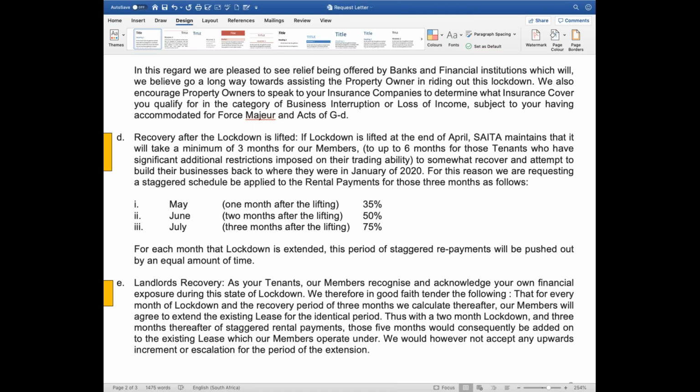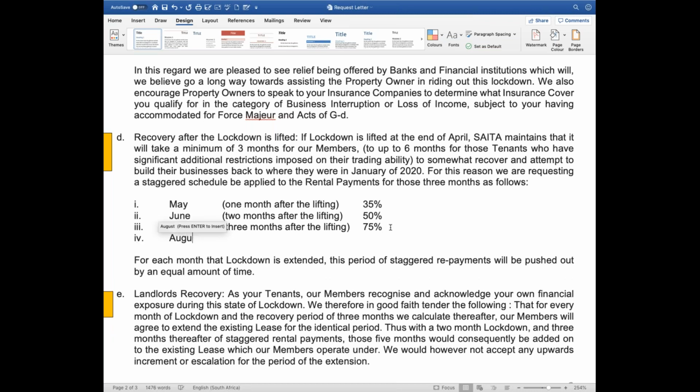But how about moving May, June, and July to a 6 month basis, and reducing the front of it? So not 35%, but down to like 10% at a lower amount, and then build up to the 75% at the end of the 6 months, which gives us some wiggle room. It gets us through the winter period, which, let's face it, is going to be horrendous for us this year. Then we lead into the summer months where hopefully people will be recovering.